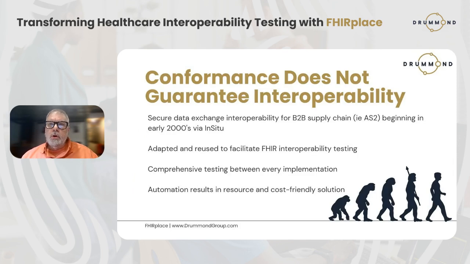And so what is needed is a way to do interoperability testing once the implementations have been implemented and self-tested and are conformant to the spec. This next step in guaranteeing interoperability is for these implementations to test with each other. Now, this goes back to Drummond over 20 years ago,